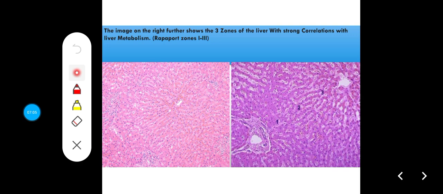So the Rappaport zone of the liver is a kind of structural lobule of the liver that represents a segment of the liver which is supplied by a single hepatic arteriole. So it's a kind of diamond shaped, and the long axis of the diamond is connected at the ends by 2